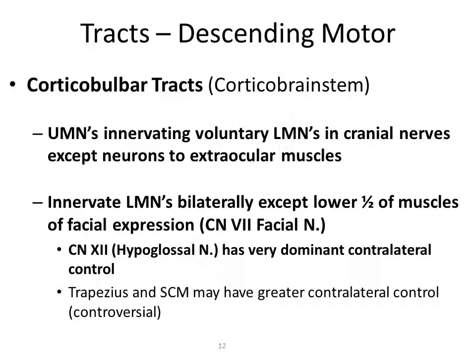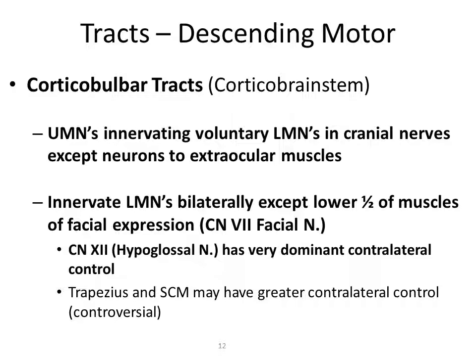It makes sense to have bilateral innervation in this area because so much of our life depends on it. We need to have control of the muscles around our throat in order to survive. So if there's an injury on one side, God gave us a backup on the other side. But for some reason, he did not give us this backup for the muscles of facial expression on the lower